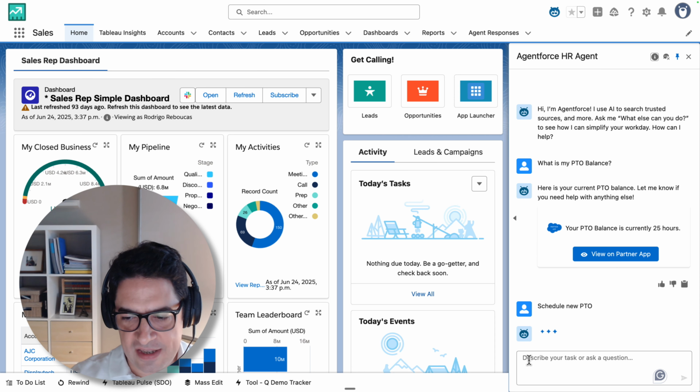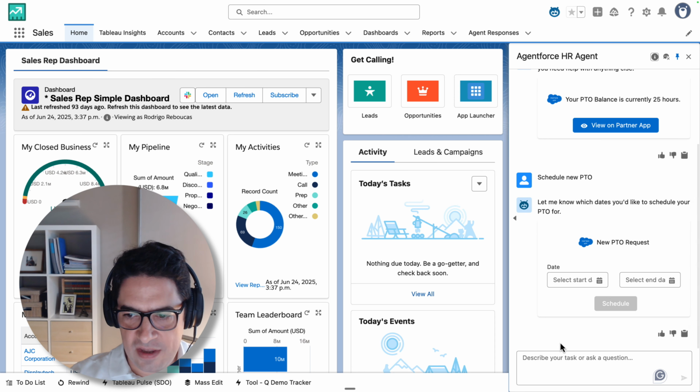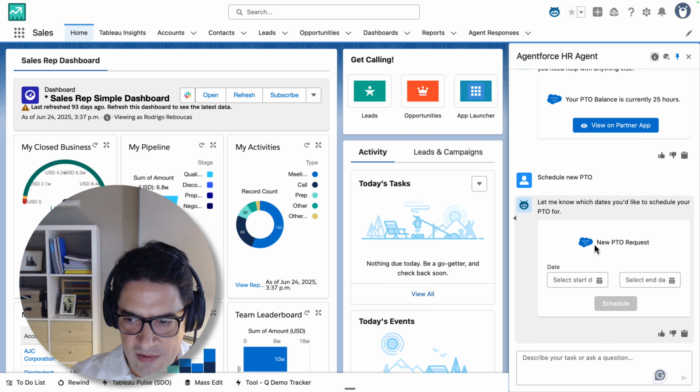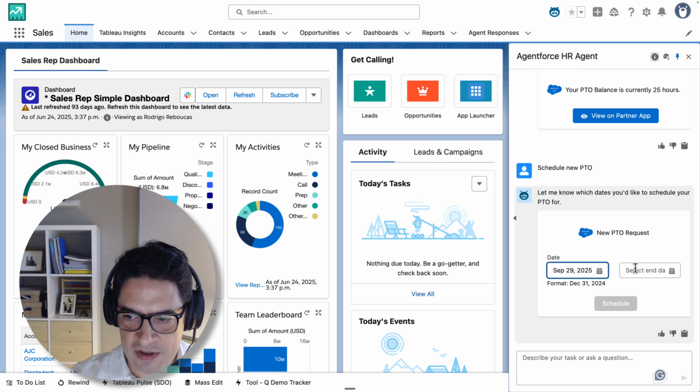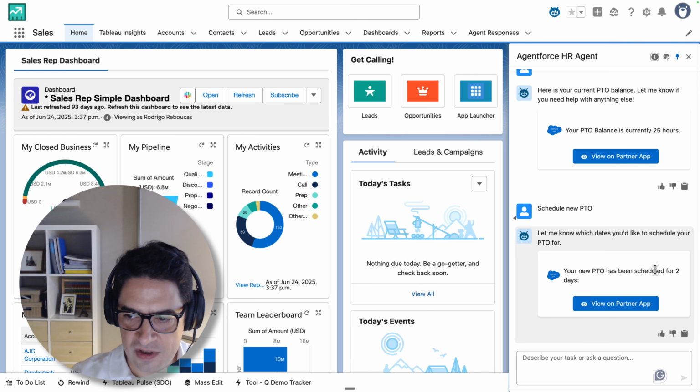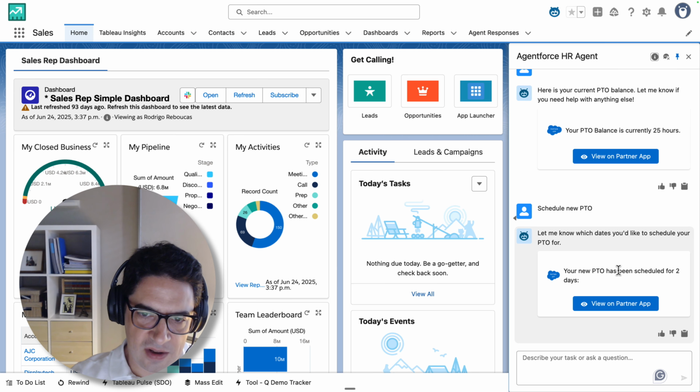So once I ask that, the agent then presents this other Lightning Web component that allows me to select the days for my PTO. So the start and end day, and click on schedule. So it schedules, it hits my API, and it creates a new PTO schedule using my API inside my Postgres